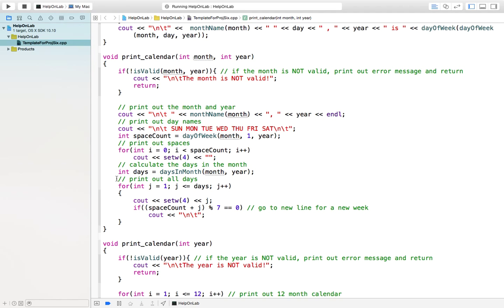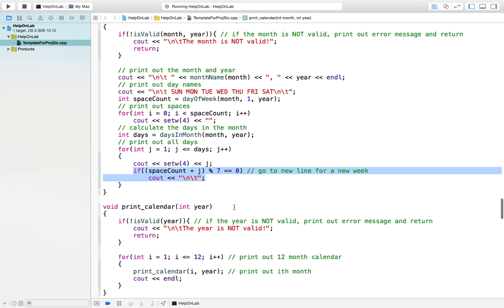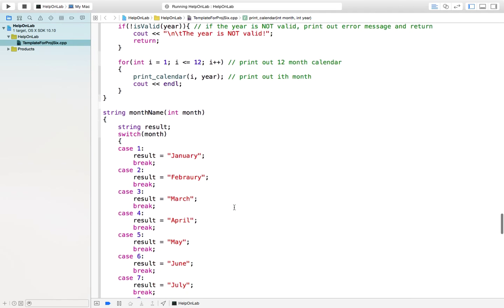So the student should go through this function and understand this loop. Particularly here, if the space count plus j is a multiple of 7, which means you finish 1 week, you are ready to go to the new line for the next week. So you will print out a new line first. Okay. Now, after you understand those functions,